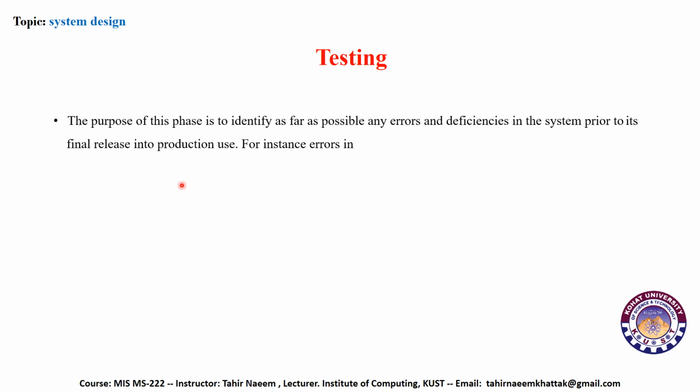Testing. The purpose of this phase is to identify, as far as possible, any errors and deficiencies in the system prior to its final release into production use. So basically testing's primary objective is to remove any deficiencies or errors. In these tests we look into the user interface.